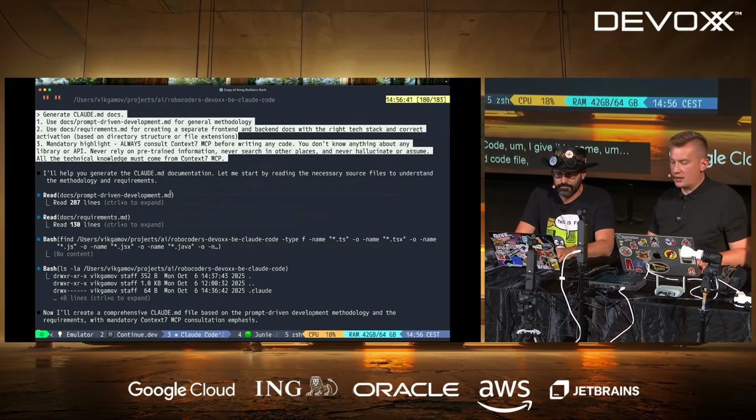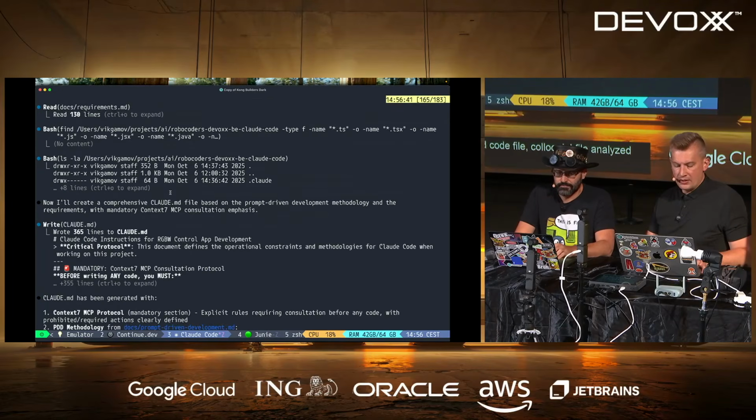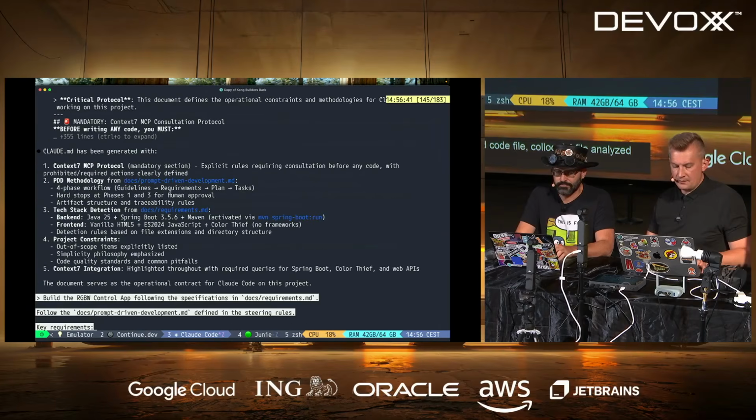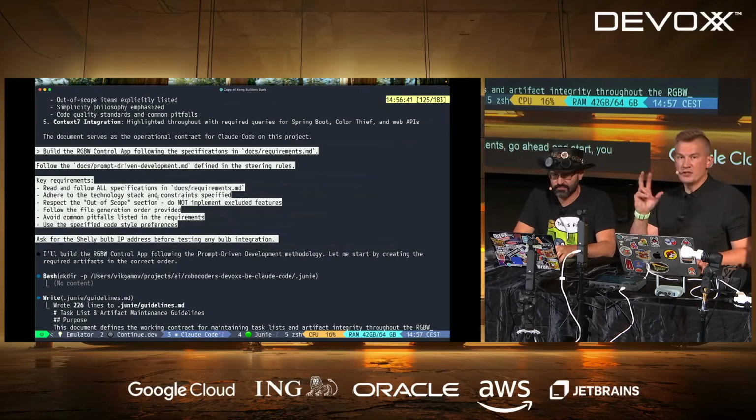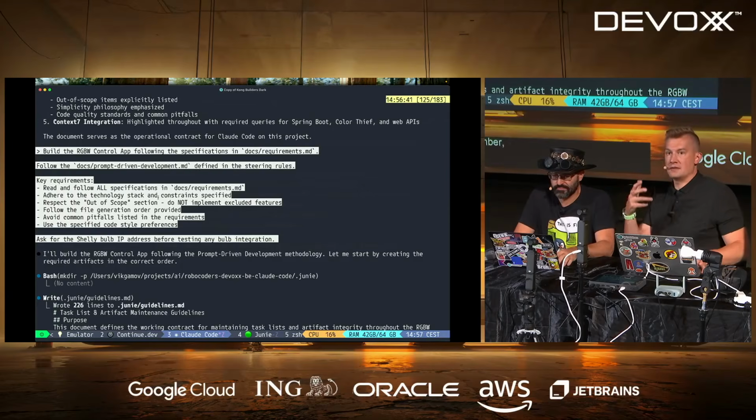Claude Code file analyzed, how is it going there? Now it created requirements that include the user story based on our initial requirements, because this is what prompt-driven development says. Here's my request: now use this methodology, the requirements, go ahead and start building documentation. As you remember, the result of our PDD generation would be tasks, and after that, based on the tasks, we can track what is going on here.